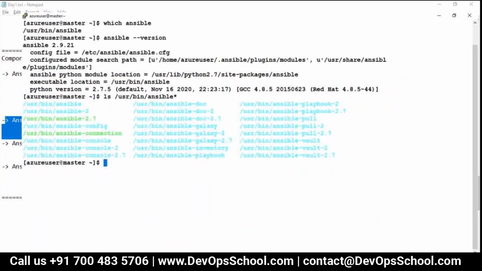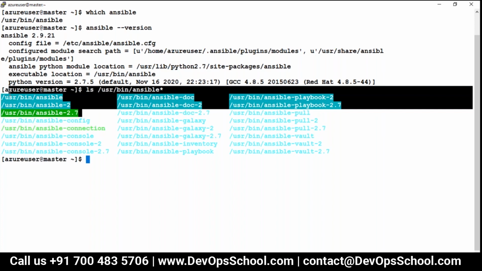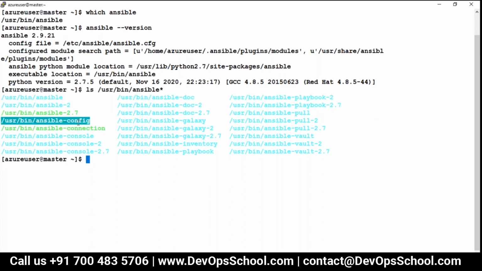So now you have to understand this. We have to learn each and every tool one by one. So ansible, see here ansible-2, ansible-2.7, ansible-config. So different versions of Ansible are there, okay? Ansible-config, ansible-connection, ansible-console, different versions of it, ansible-doc, different versions of it, ansible-galaxy, inventory, playbook, pull, vault.